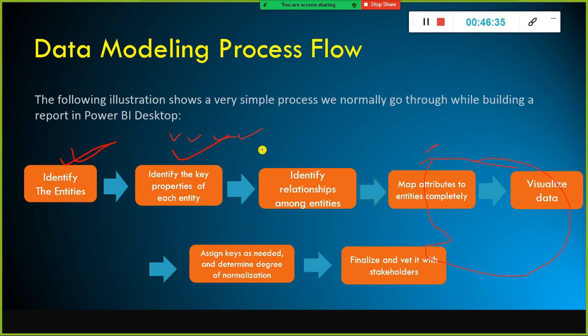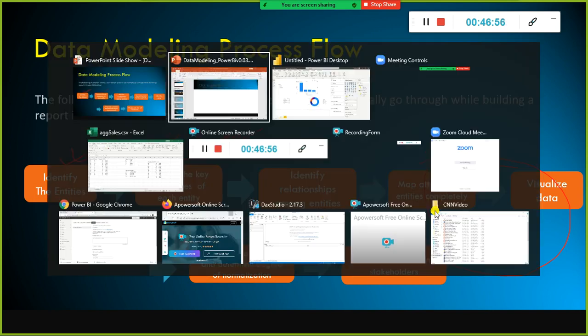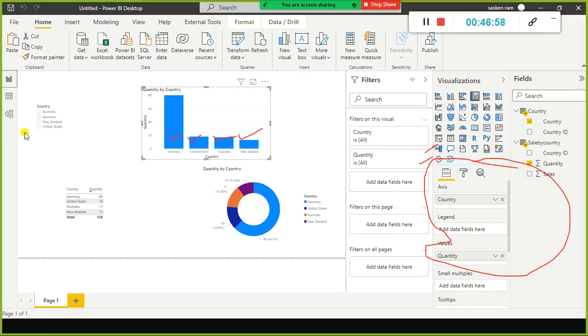And now, as part of the conceptual data model itself, when you come up with the conceptual data model, what we do is we identify the relationship among entities, how the entities are related. Is it one to many or many to one or many to many? We identify the relationship among entities. And the next one is we map the attributes to entities completely. Look here, in this case,